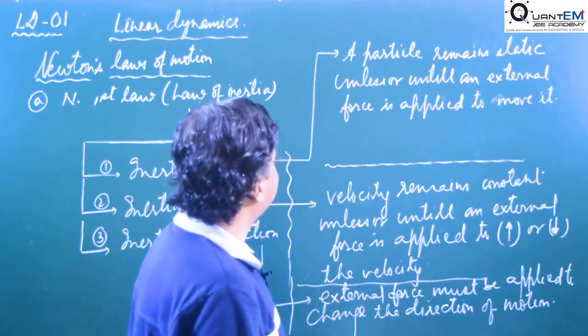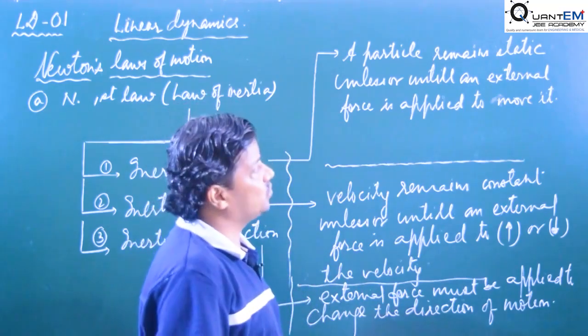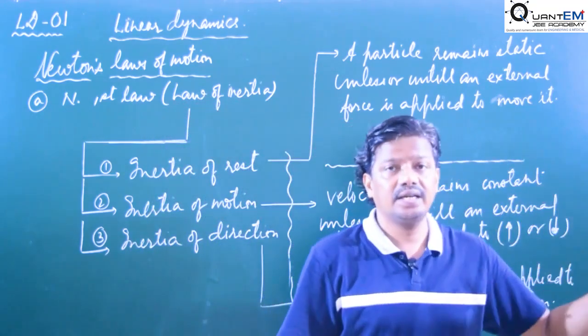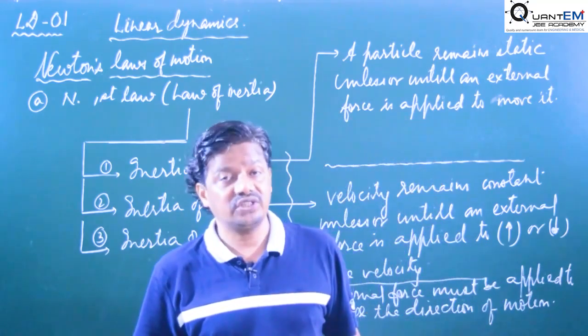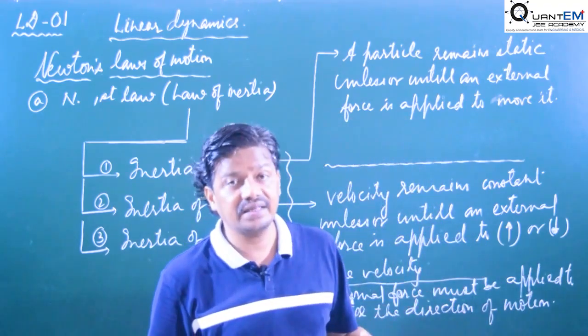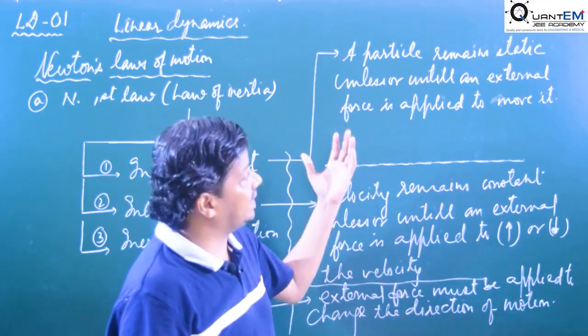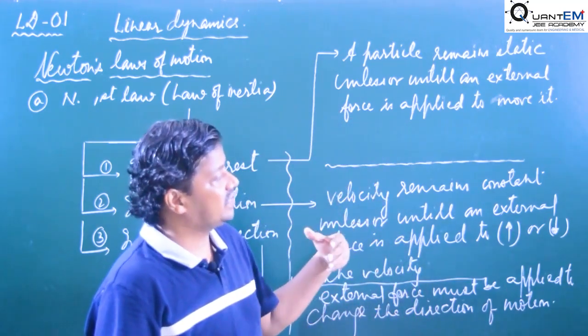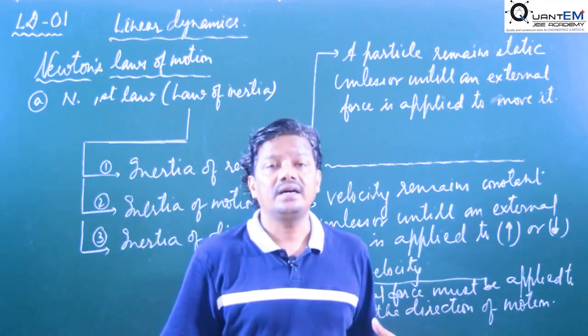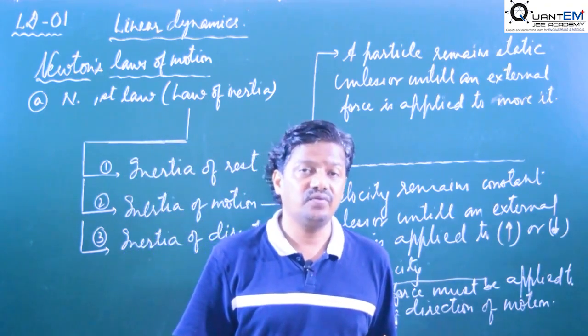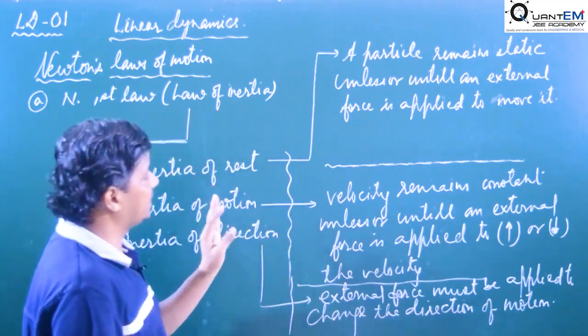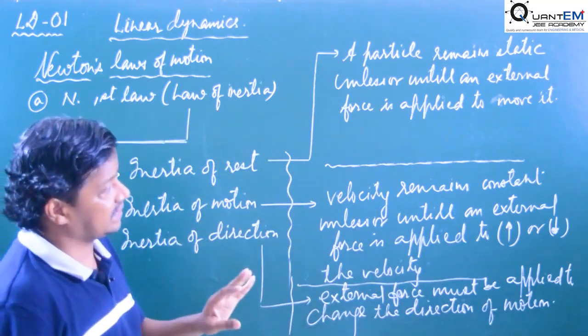तो यहाँ हमने क्या किया है कि व्हाट अ फोर्स कैन डू. स्टैटिक बॉडी को मूव कर सकता है, मूविंग बॉडी के वेलोसिटी को इंक्रीज कर सकता है, डिक्रीज कर सकता है, या मूविंग बॉडी के डायरेक्शन को चेंज कर सकता है. तो इट गिव्स व्हाट? द क्वालिटी ऑफ द फोर्स. दैट्स व्हाई वी से इट गिव्स द क्वालिटेटिव डेफिनेशन ऑफ द फोर्स. यहाँ मैथमेटिकल कोई कैलकुलेशन फोर्स का नहीं है, बस ये बता रहा है कि फोर्स क्या कर सकता है.